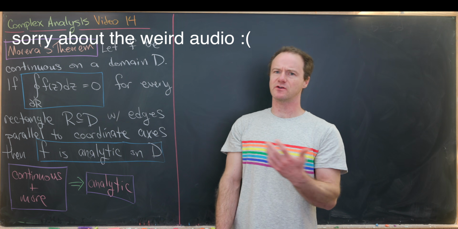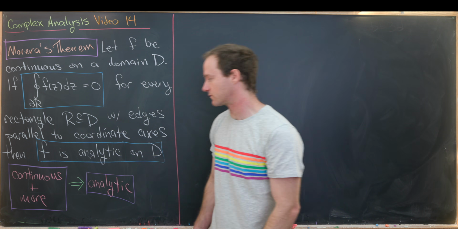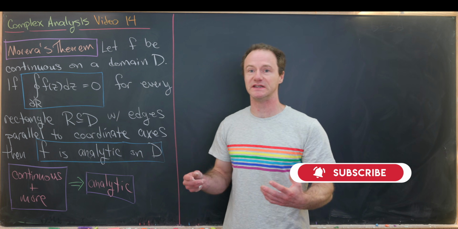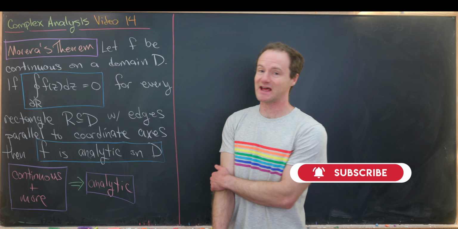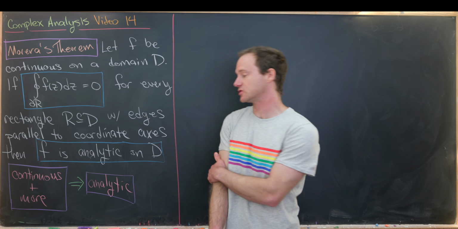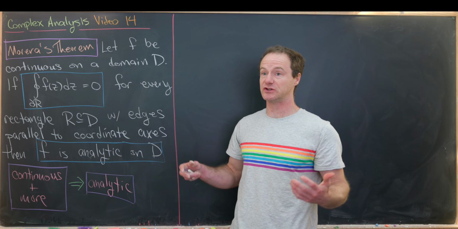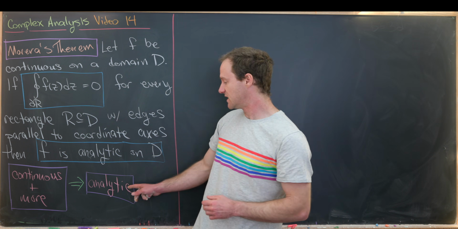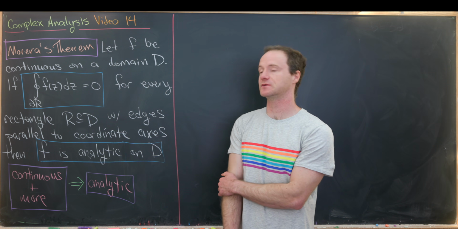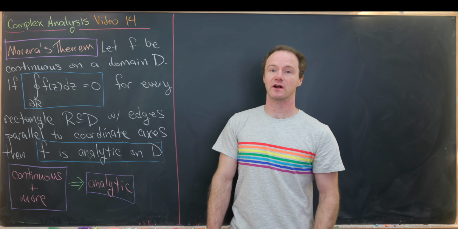And so this theorem and its corollaries fit into the following flowchart of results. If you have a function that's continuous somewhere plus some additional structure, that implies that it's analytic. And maybe the point here is that the additional structure on top of the continuity is easier to show to be true for some class of functions than the function being analytic just from scratch, from the definition of a function being analytic. Okay, so let's look at the statement of Morera's theorem, and the first thing